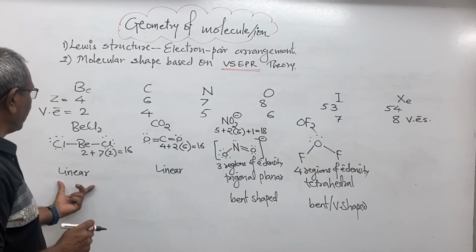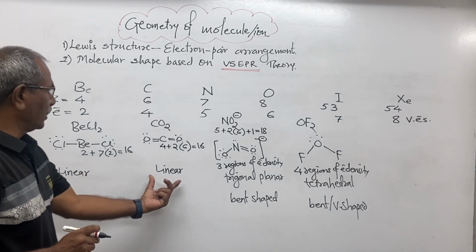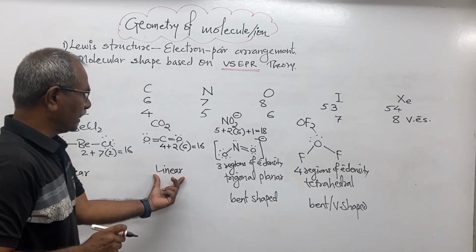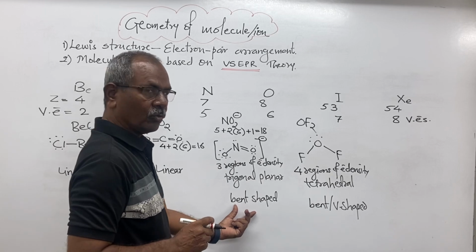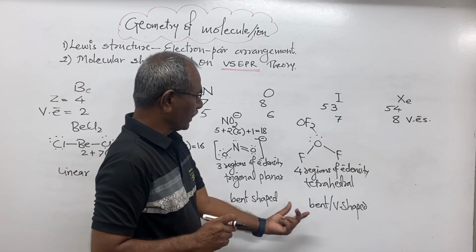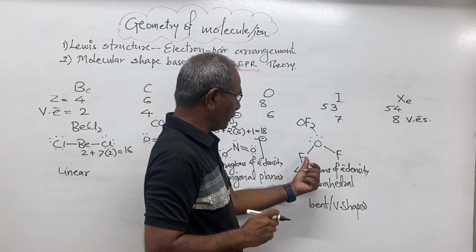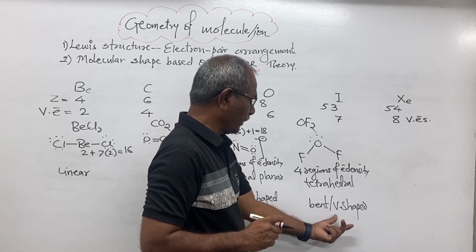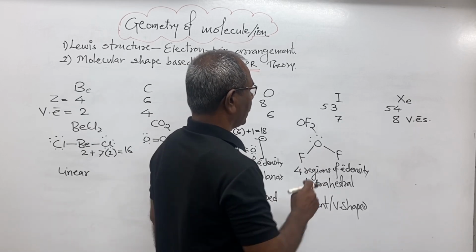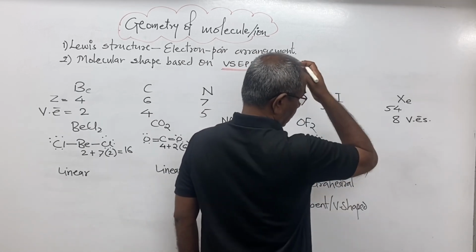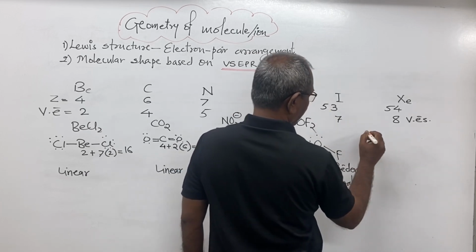So the molecular geometry of BeCl2 is linear. The molecular geometry of CO2 is linear. The molecular geometry of the NO2 minus ion is a bent shape, and the molecular geometry of the OF2 molecule is V-shaped or bent shaped. For example, you take the next example, that is iodine